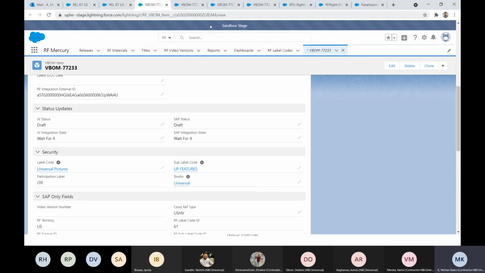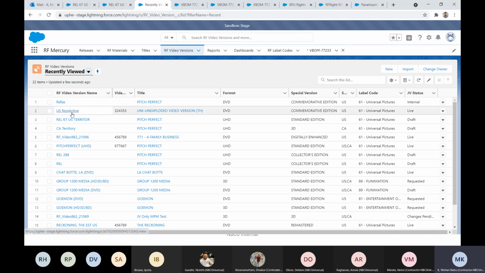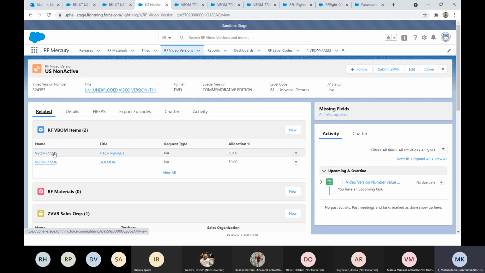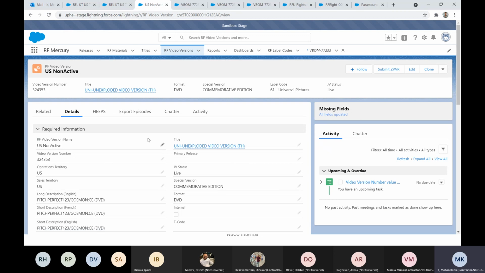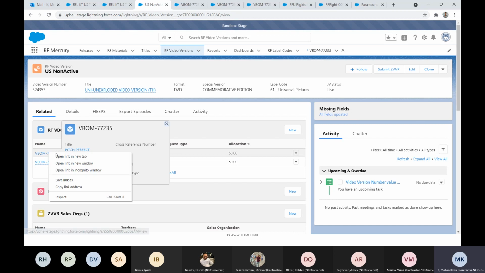But we have another scenario where we will have multiple titles for a single VBOM item. So we have Pitch Perfect and Goman. Which title do we need to stamp here? What we call deriving the MPM video version is deriving the MPM title for the particular video version if it has multiple titles. So basically how it is derived is like